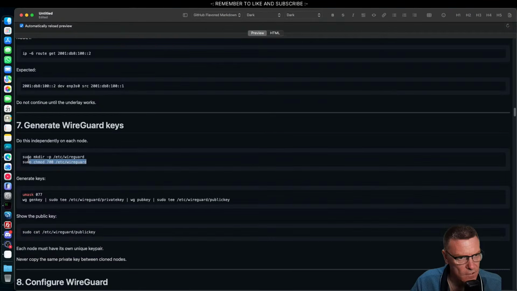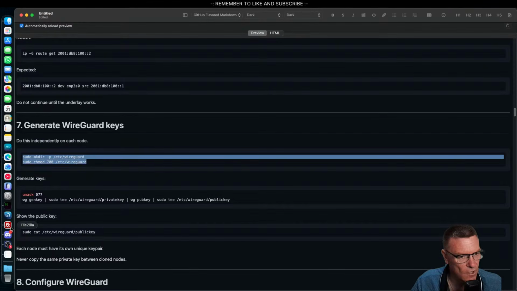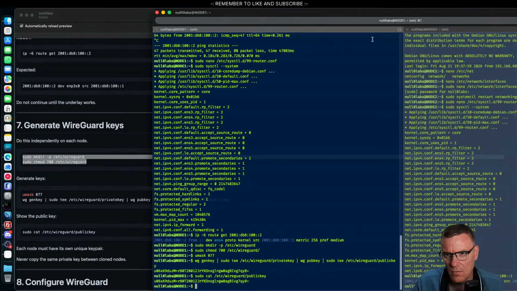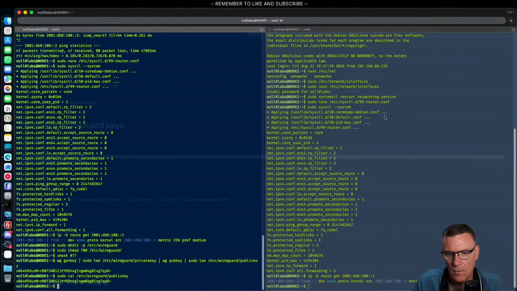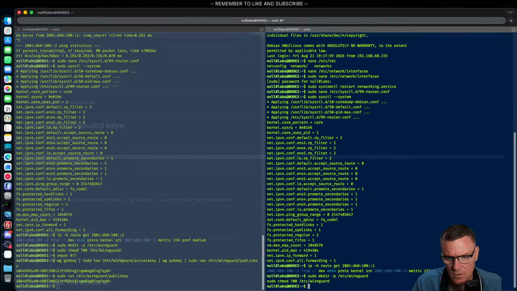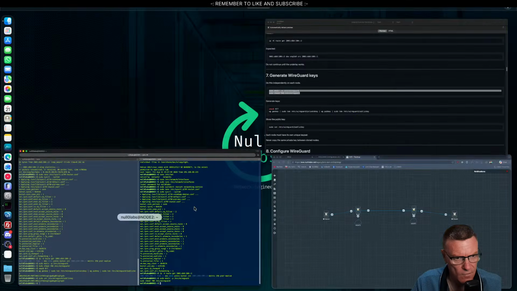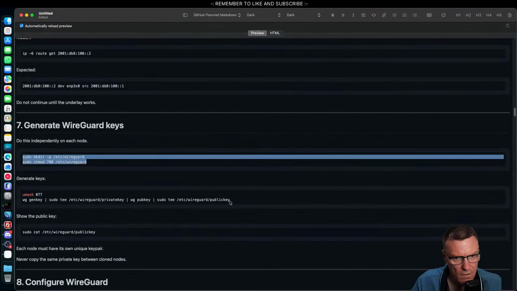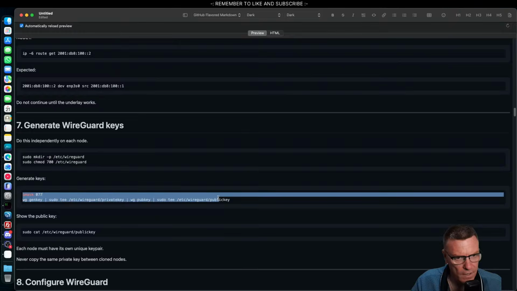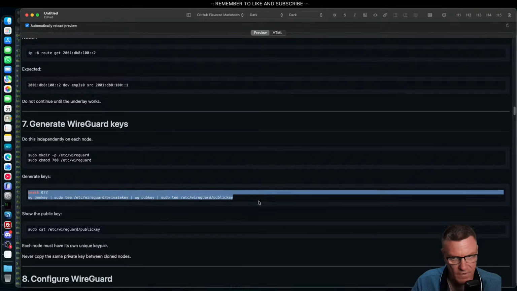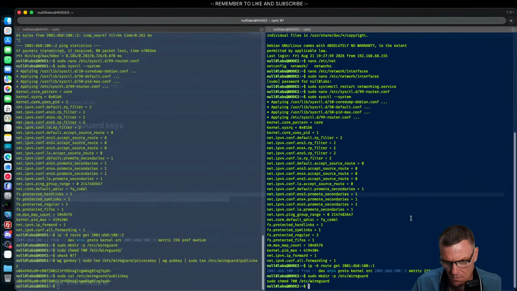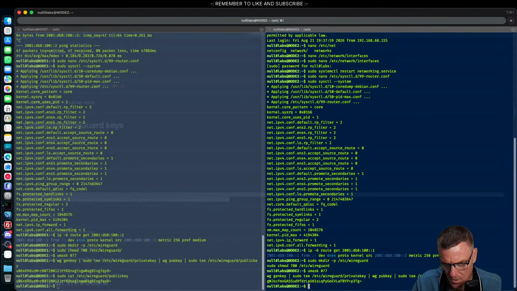So now let's do the same on node 2. On node 2, create and lock down the WireGuard folder. And then generate the public private key, and then confirm